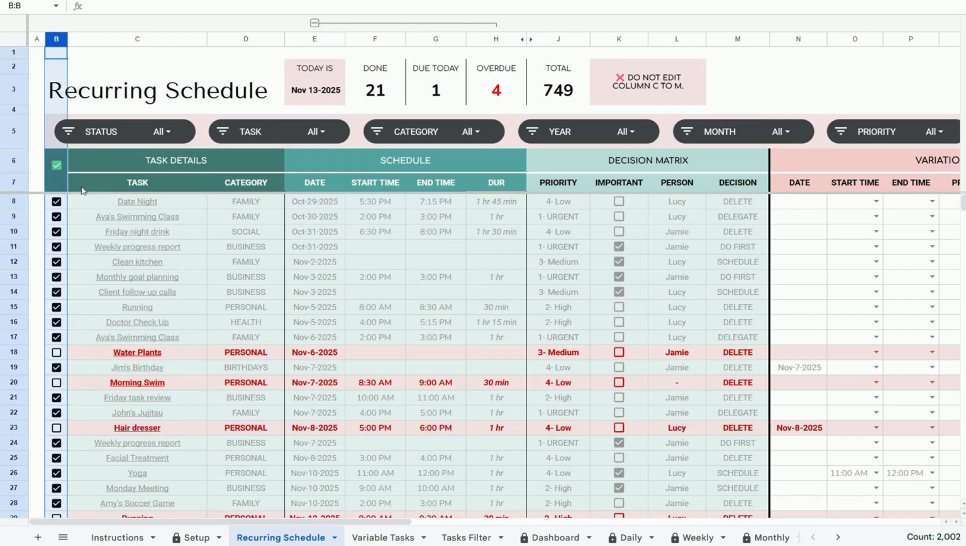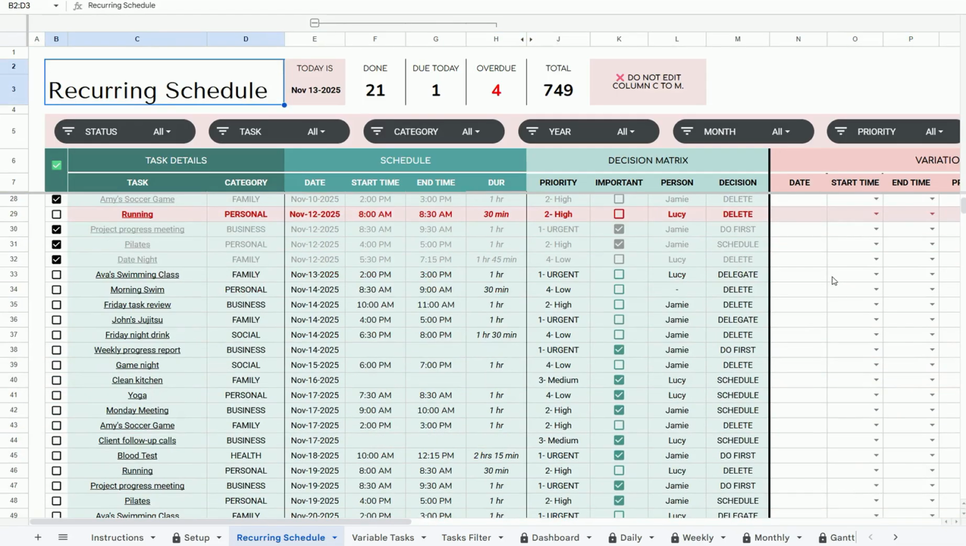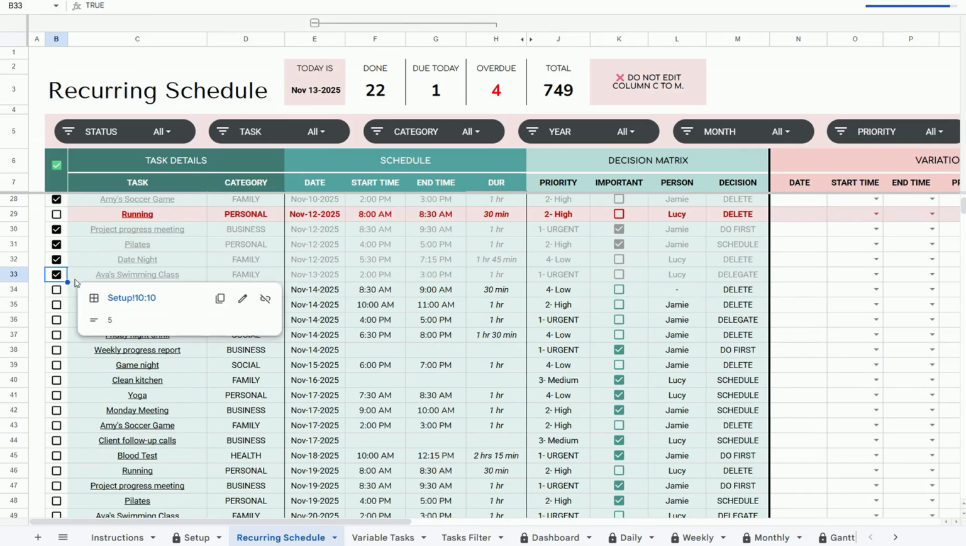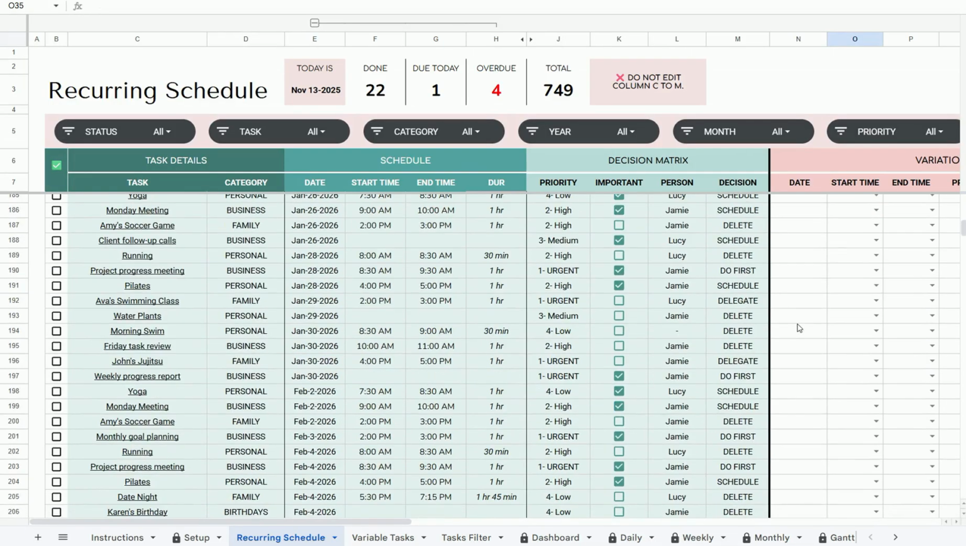Column D here is where you can mark all completed tasks as done. So simply check the box and all of your completed tasks are automatically marked as gray. Then all of your overdue tasks are automatically highlighted in pink. So I'm going to scroll down so that you can see all of the tasks that are not completed. Once you check the box here, it will be automatically marked as gray. So in this tab, you can see all of your recurring tasks for the next 12 months from your starting